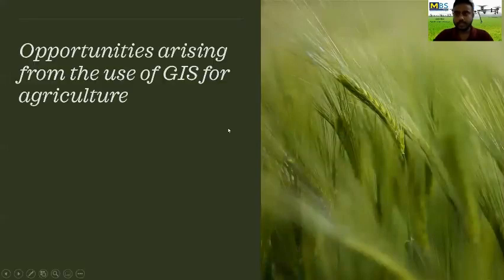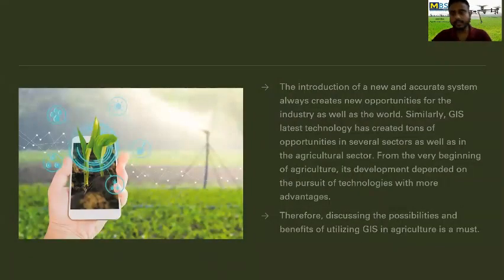Thank you, Chandiba. Let's discuss opportunities arising from use of GIS for agriculture. The introduction of new technology always creates a lot of opportunities. Similarly, GIS also created tons of opportunities in several sectors, including agriculture. Agriculture has always developed in parallel with the development of technology. So it is very important to discuss the